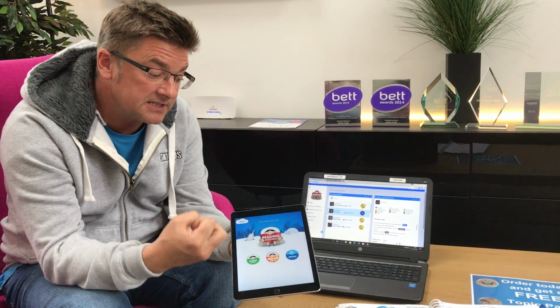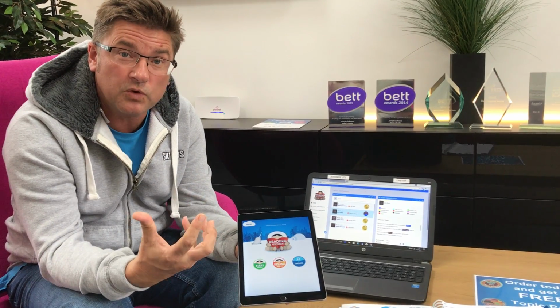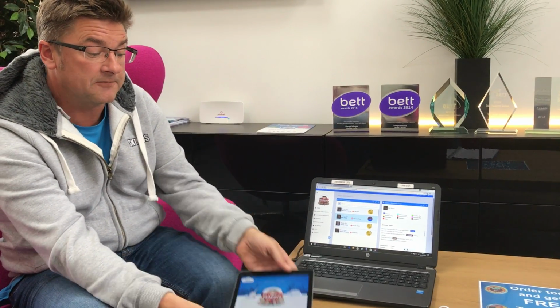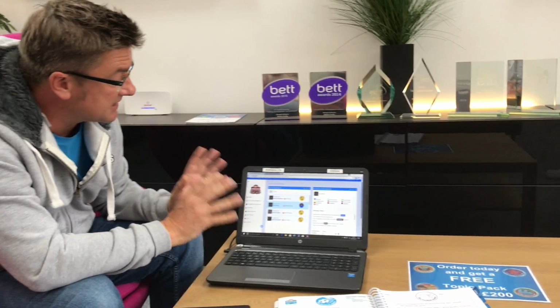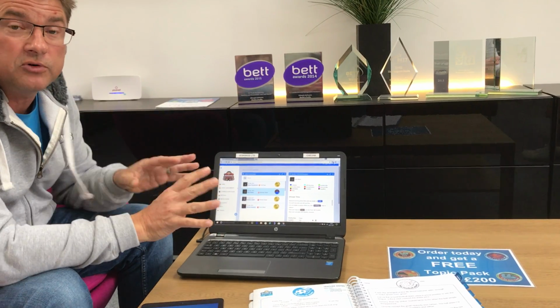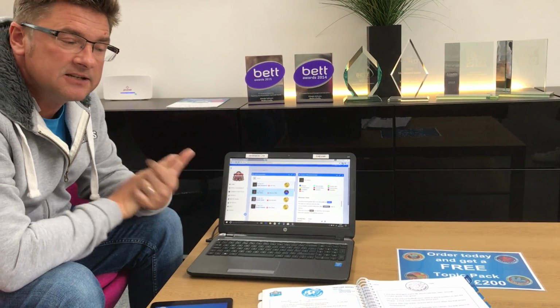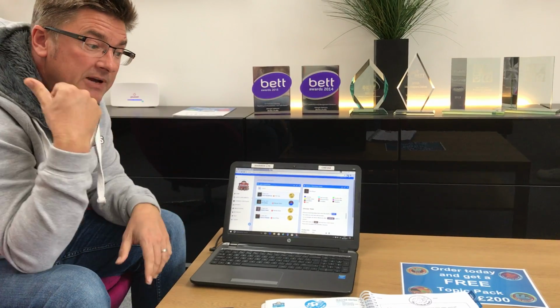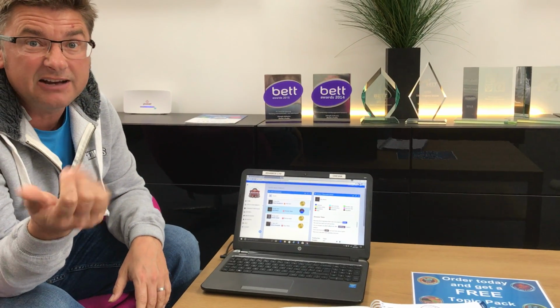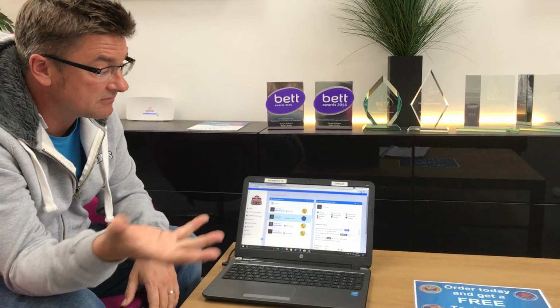But when it does find an internet connection, it will upload it to your own reporting website as well. A really cool thing about the 2Eskimos reading assessment system is that you also get access to a reporting website. Again, we set this all up for you. You don't have to put any class details in. You don't have to put any children's details in. Our Manchester-based support team are here on the end of the phone or an email to help you through